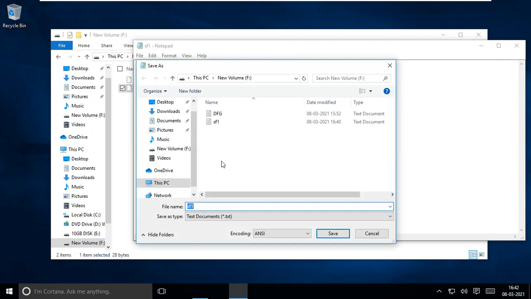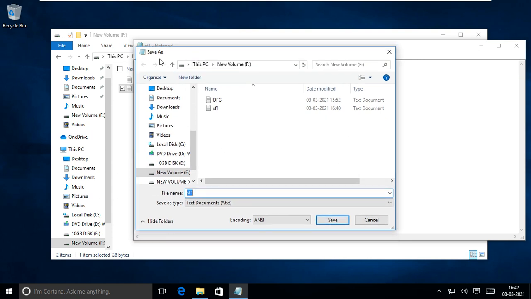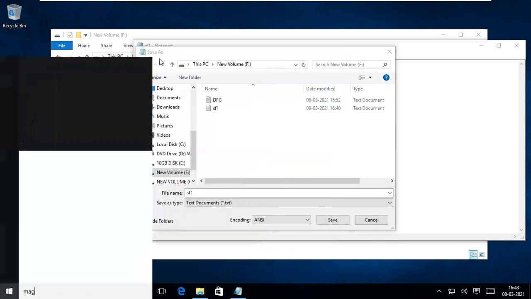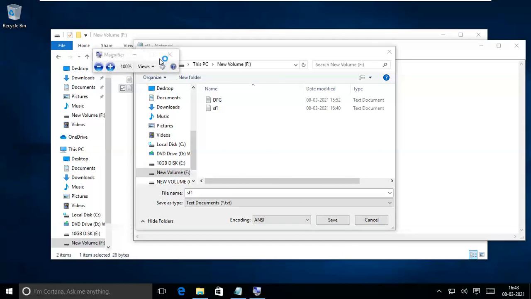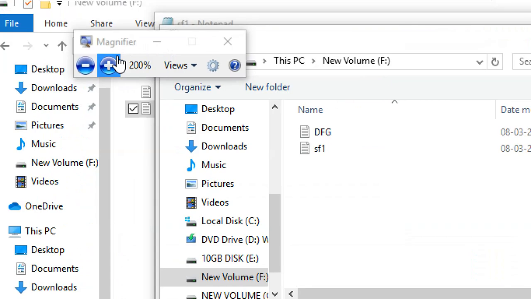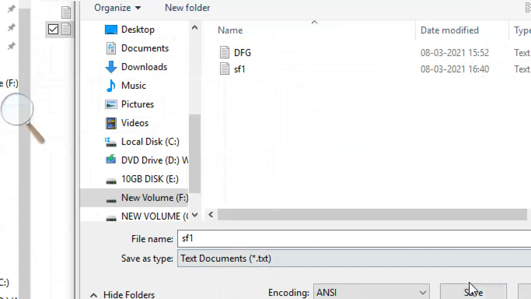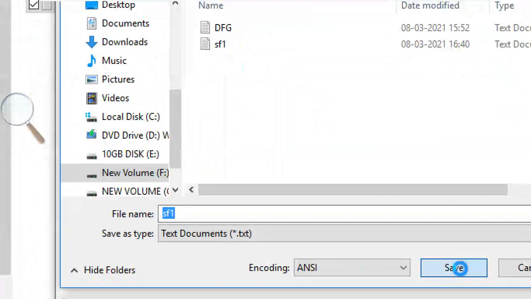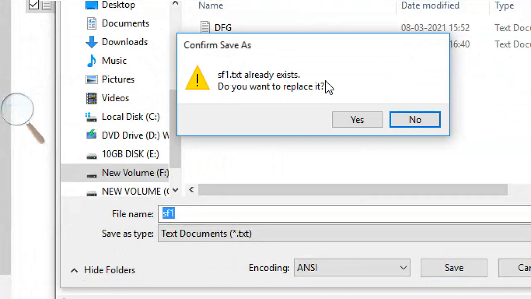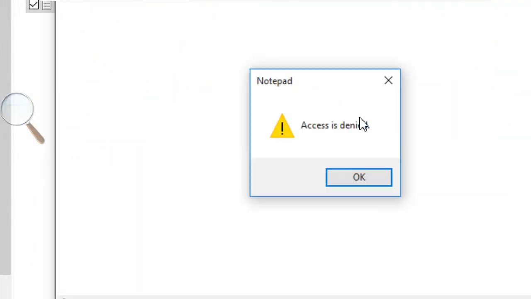Save it. If it were saved, it would save only, that's it. It won't show like this, but it is showing save as. I click on save with the same name. It says already existed, do you want to replace it, yes. Access is denied, access is denied.